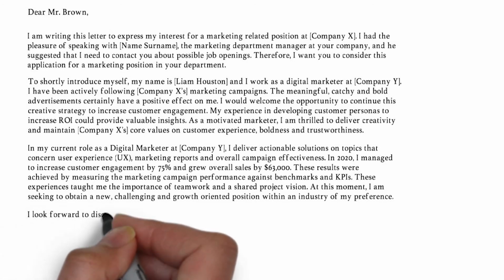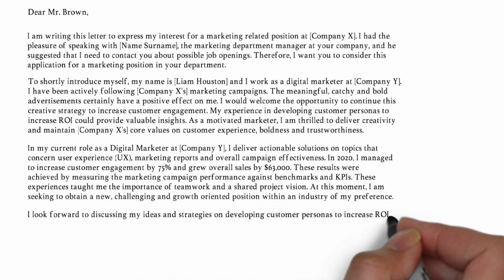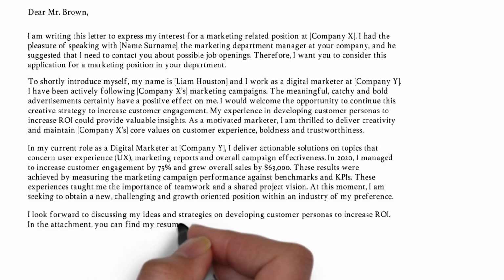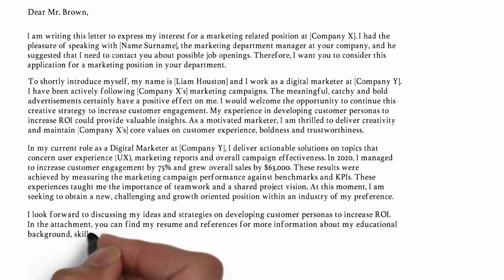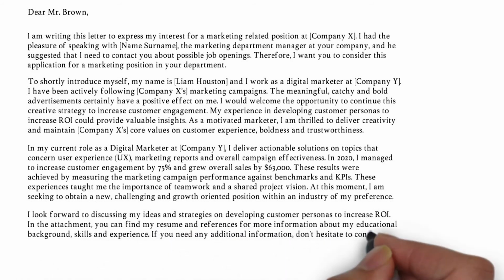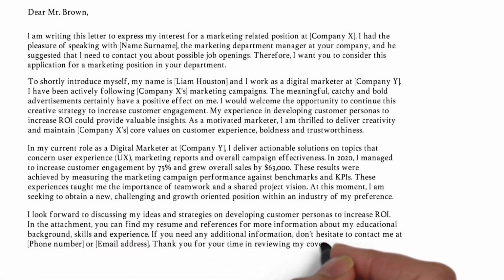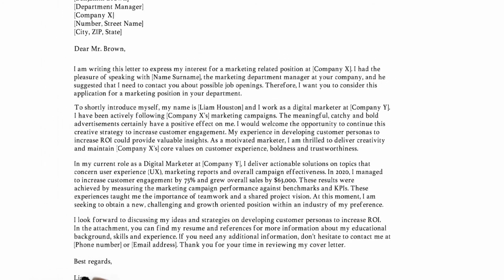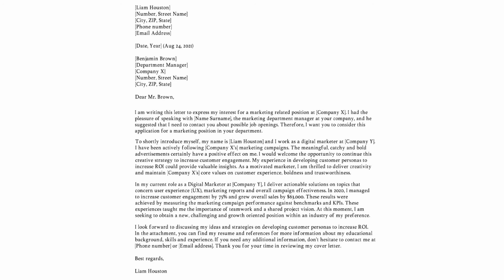Now in the last paragraph, we need to briefly summarize the core message. Capture the essence of your cover letter and express your interest in further discussing your potential contribution with the recruiter or department manager. By doing so, you politely initiate an interview without directly asking for it. Lastly, you thank the reader for their time and consideration, and then we close the letter in a compelling way. And that means using a proper salutation such as kind regards or best regards, followed by your name and